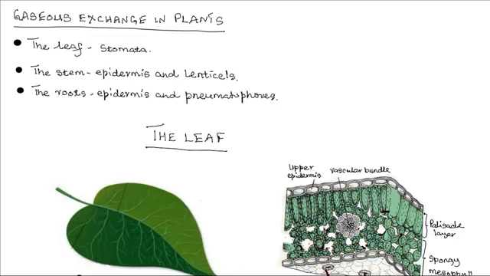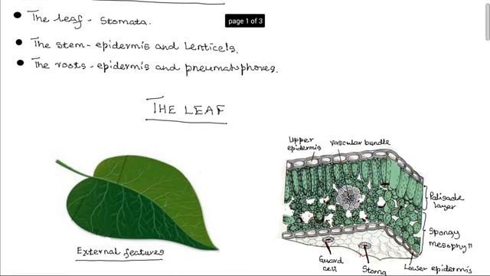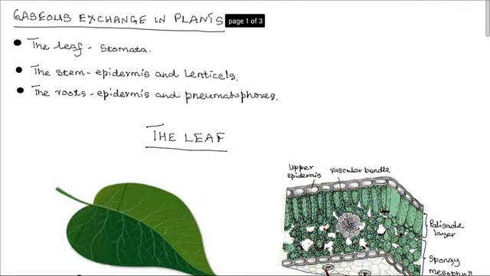Hello and welcome. In this lesson, we're going to look at gaseous exchange in the higher multicellular plants. In these multicellular plants, there are specialized structures or organs or parts of the plant body that are adapted to carry out gaseous exchange. The main areas or structures for gaseous exchange are: